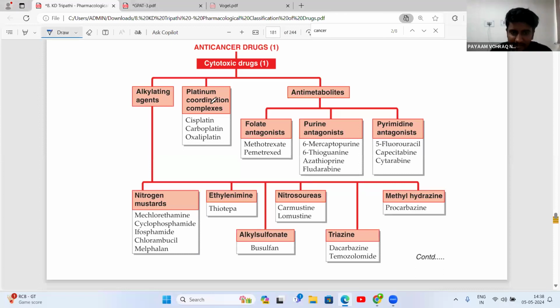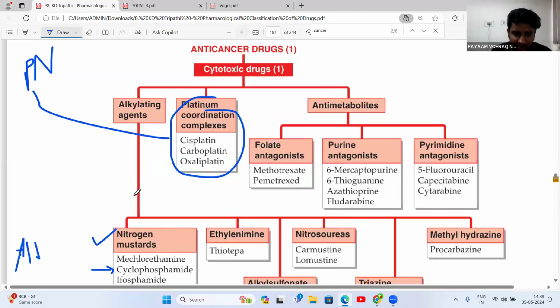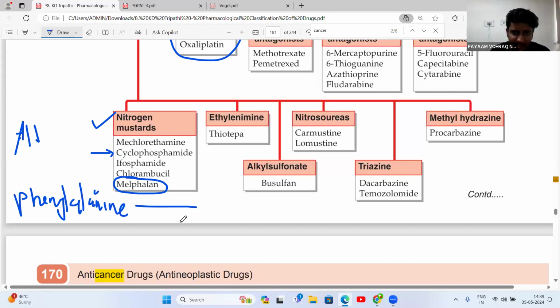इधर से पढ़ाता हूँ. एंटी कैंसर में we have platinum compounds, oxaliplatin that majorly causes peripheral neuropathy, right? Then we have nitrogen mustard cyclophosphamide, which is giving aldophosphamide as an active metabolite. Then we have ifosfamide, which is a prodrug of cyclophosphamide. Chlorambucil, melphalan. है ना? Melphalan में which amino acid is there? Do we know? Melphalan has phenylalanine amino acid. This is again a GPAT question. And phenylalanine is an aromatic amino acid. So in biochemistry, which test is used for detection of